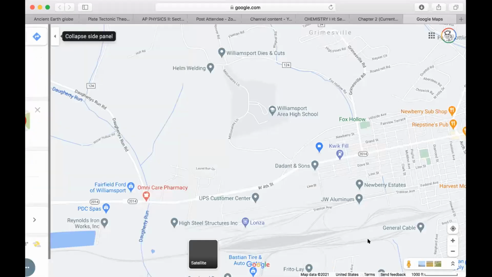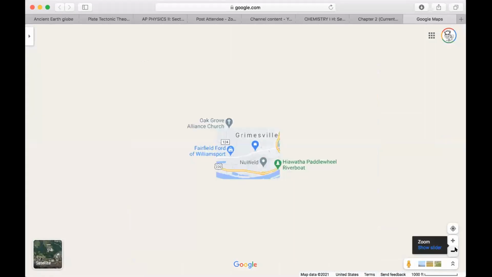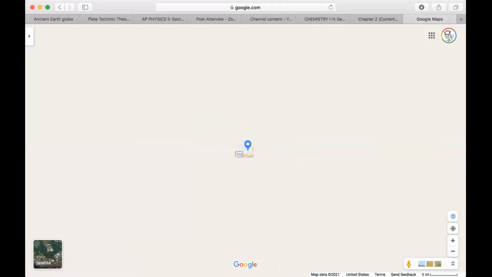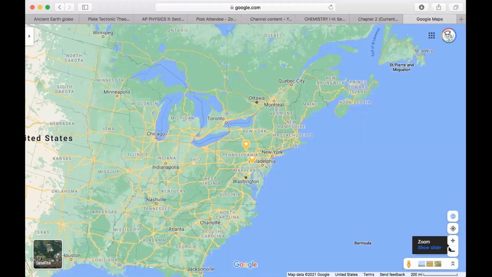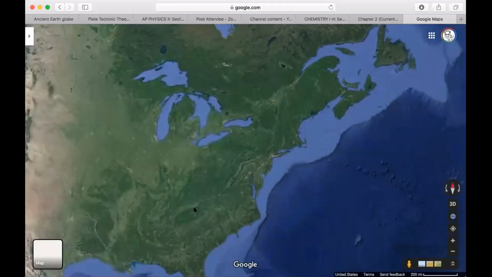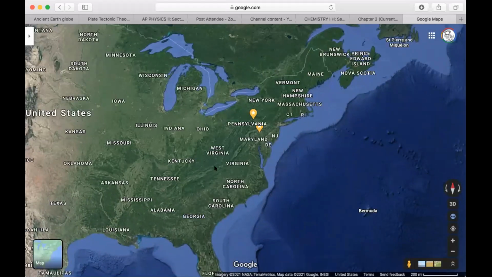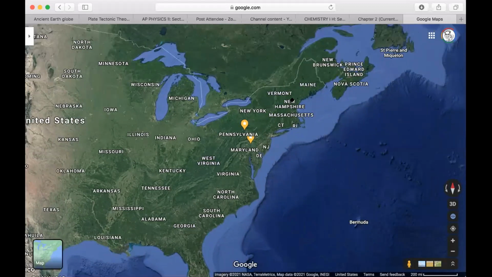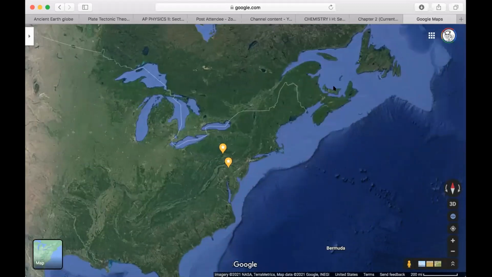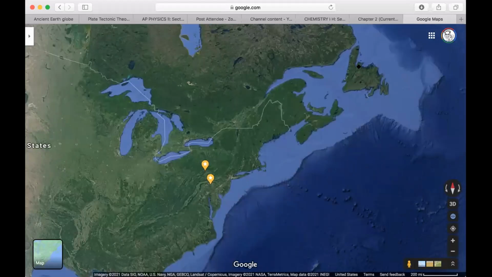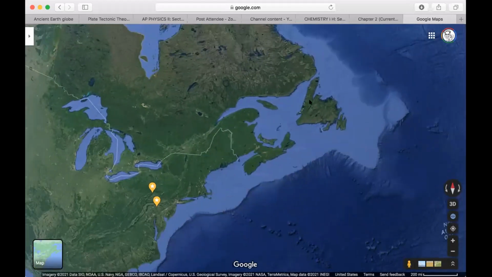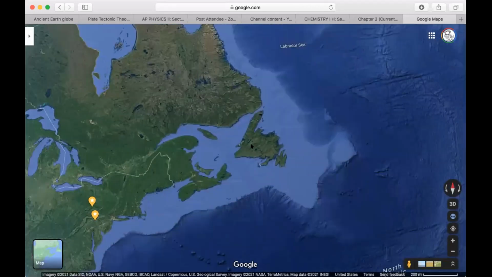If you use Google Maps and you zoom out, you get to a 3D map showing the Earth, and you can rotate it as a globe. And so the idea is that these mountains that exist in the eastern United States, I mentioned this very briefly. The Appalachian Mountains run from Georgia up through New Hampshire, Vermont, Maine, and then that mountain chain continues up along and into the eastern provinces of Canada, and then that range continues up along and in through